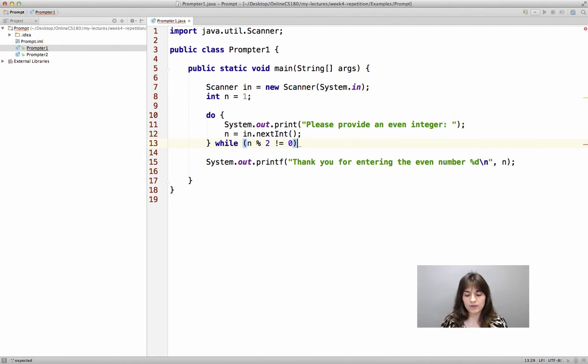So we will check the condition at the very end. So you see now that we don't necessarily have to give an initial value to n. We should declare it outside the loop, but it doesn't have to have an initial value because it will get a first value on line 12. So now that is a little bit easier to understand, easier to read.